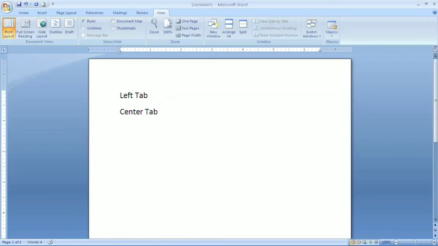Third one is right tab. Fourth one is decimal tab. And the last one is bar tab. These are the 5 tabs in MS Word.